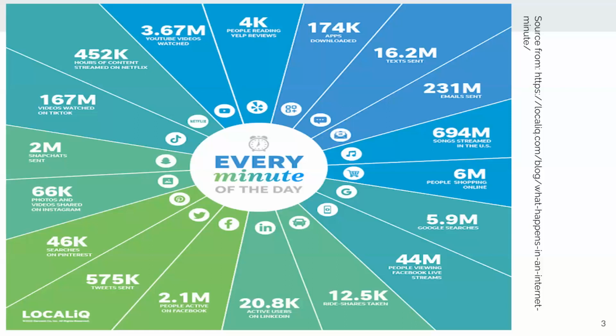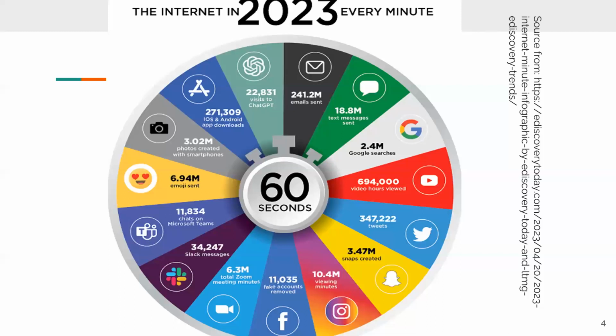The third slide, I think it is visible. It gives a 1 minute activity on the internet. Globally, on the internet, this is what happens. This Localiq website is giving what happens in 1 minute. You can see that just Facebook, 2.1 million. In India, it is 21 lakhs of people are active. And there are so many statistics given in this screen, in this image.